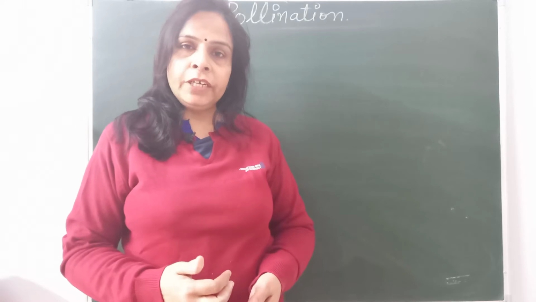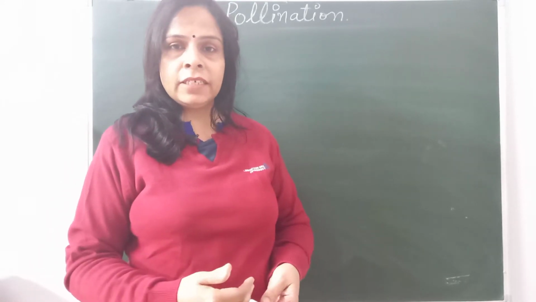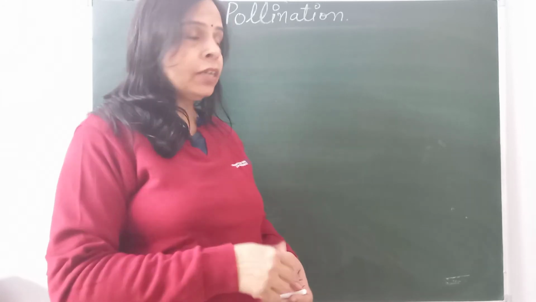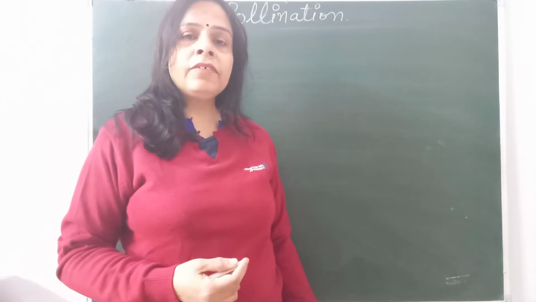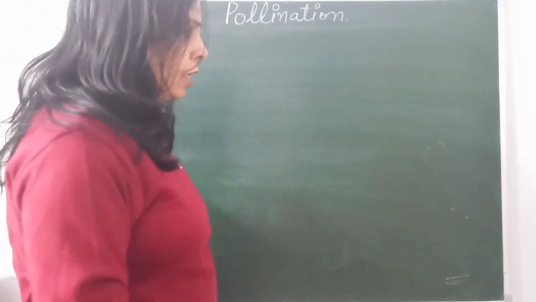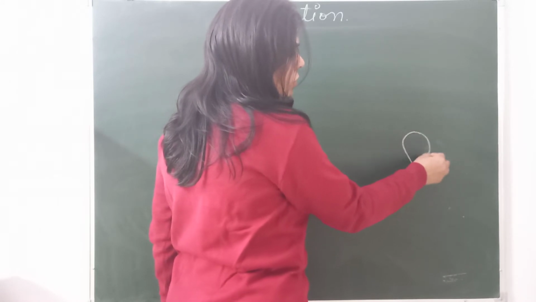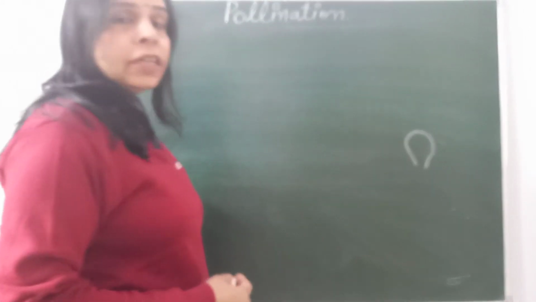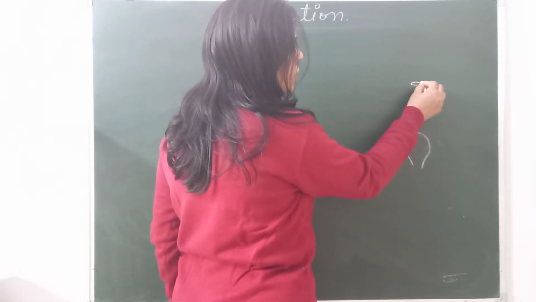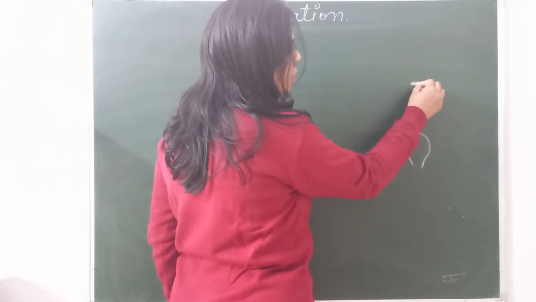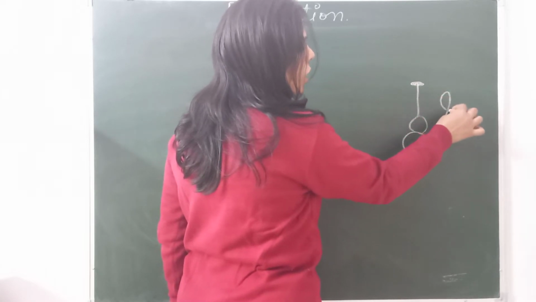In our previous videos, we discussed microsporogenesis and megasporogenesis, and we are moving further to the topic pollination, right? Let's have a brief revision of what we have done. Till now we have seen the structure of flower. I am considering here a bisexual flower. Bisexual flower has its female reproductive part, that is stigma, style and ovary, and male reproductive part, that is